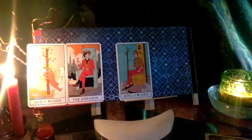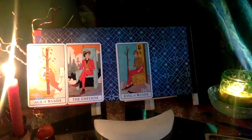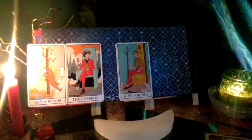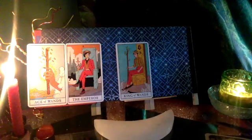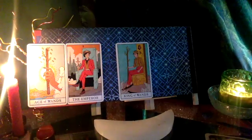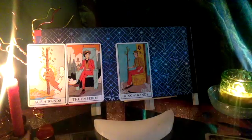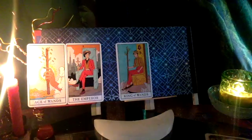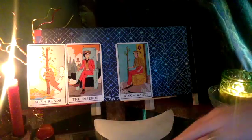With the Aquarius new moon, the Aquarius energy is all about innovation. So maybe just taking a new approach or a different approach to whatever it is that you are working on, a passion project. If it's a relationship, maybe just approaching it in a different way than you have approached any other relationship. So let's dive into